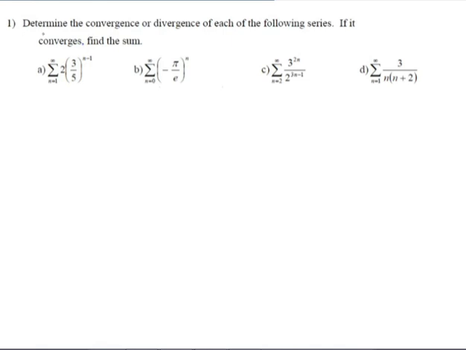So the first question is: determine the convergence or divergence of each of the following series. If it converges, find the sum. ለነዚህ ለእያንዳንዱ ሲሪሶች ኮንቨርጀንስ ወይም ዳይቨርጀንሱን ቼክ እናደርጋለን። ኮንቨርጅ የሚያደርጉ ከሆነ ሰሙን ነው የተጠየቀው። So let's see